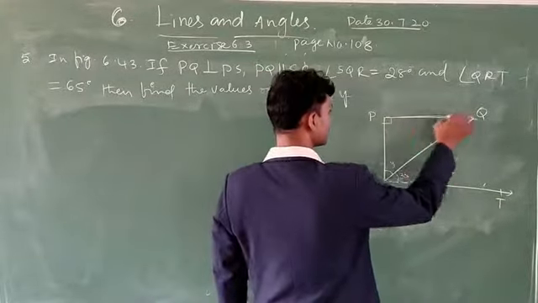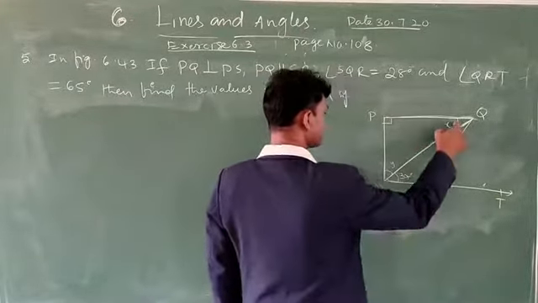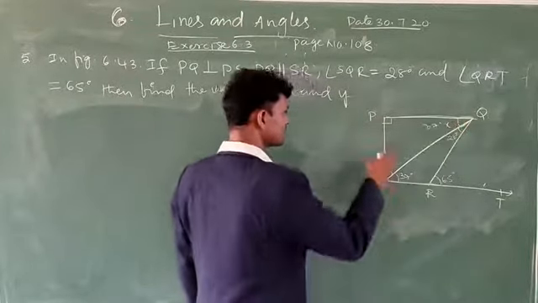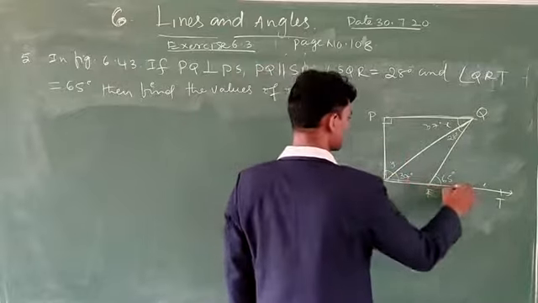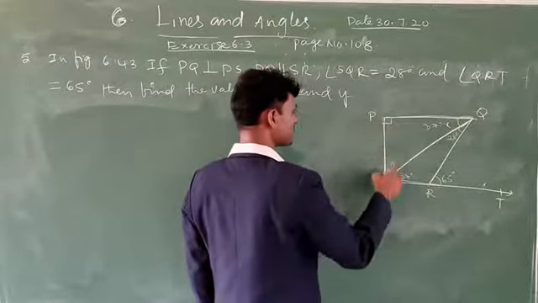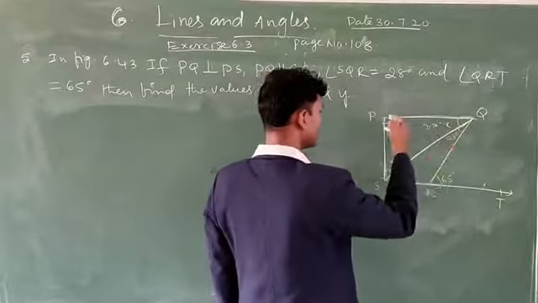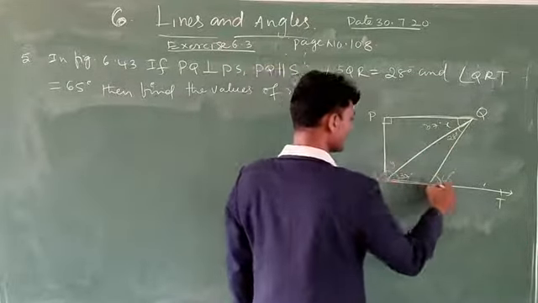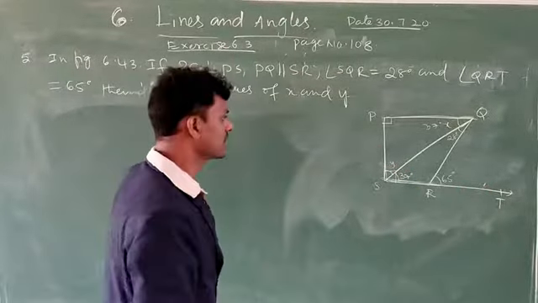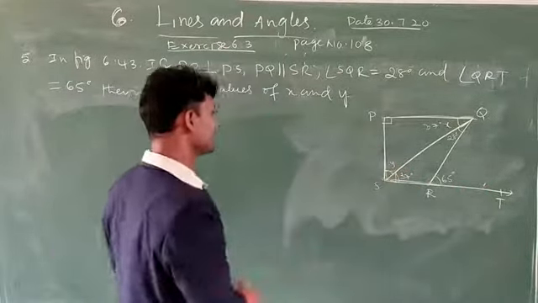Now this is parallel to this one. Then these are alternate interior angles. Then X is equal to 37 degrees. Now see here, PS is perpendicular to this one, ST. Why? Because these two are parallel lines, PQ is perpendicular to PS, so PS is perpendicular to PT also. Then the sum of these two angles is equal to how many degrees? 90 degrees. Then this Y is equal to 90 minus 37. See here.